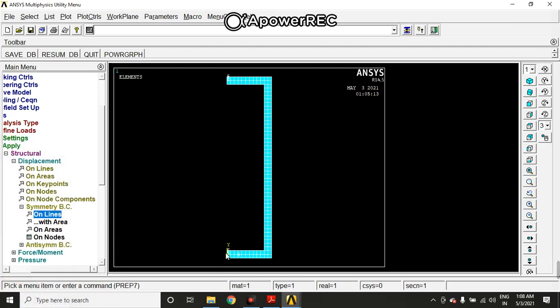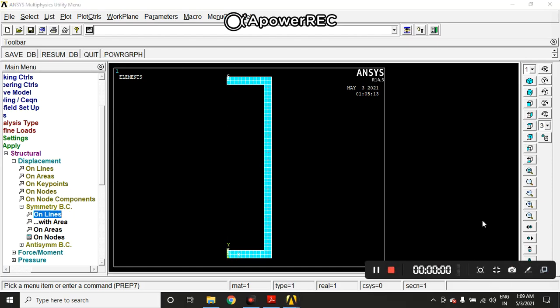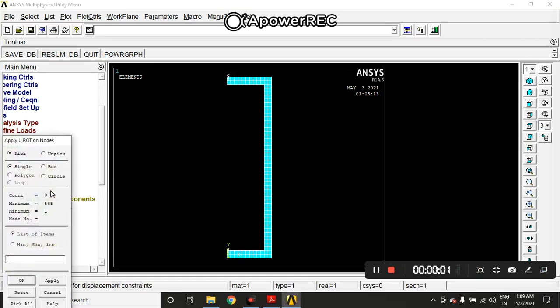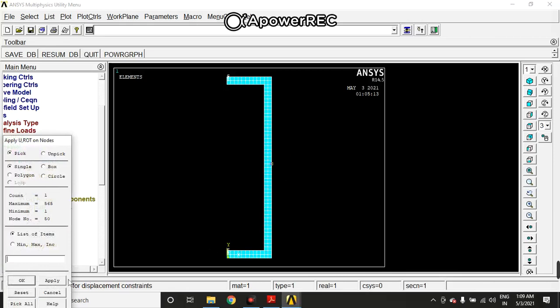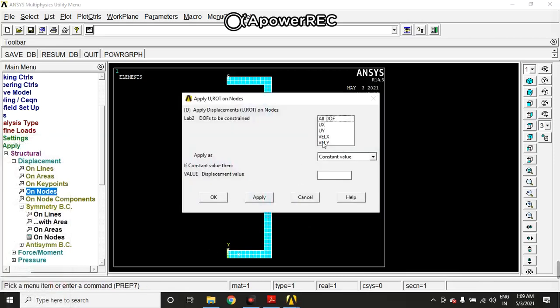As you click on apply and OK, you will have S over here at both the lines. Now click on these nodes, select the mid node over here, click on apply, select UY and make it as 0. So you will not have any deformation at that node in the y direction.